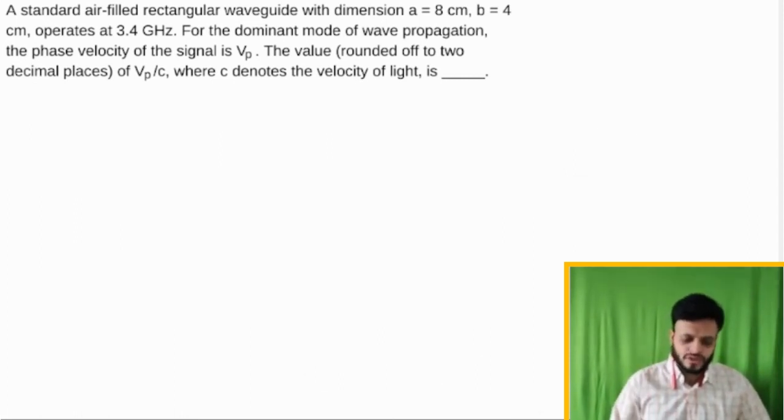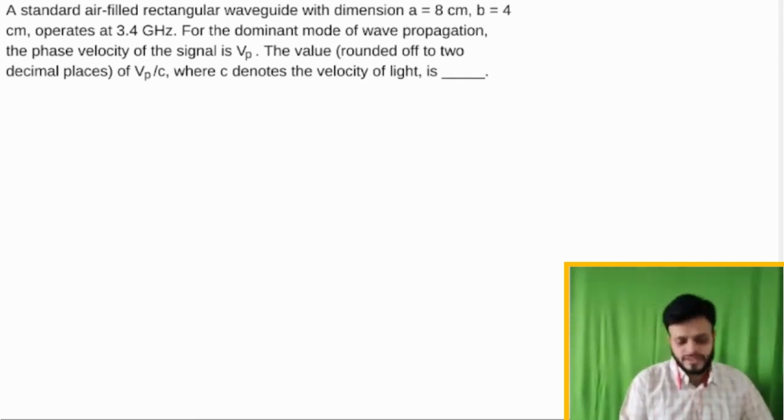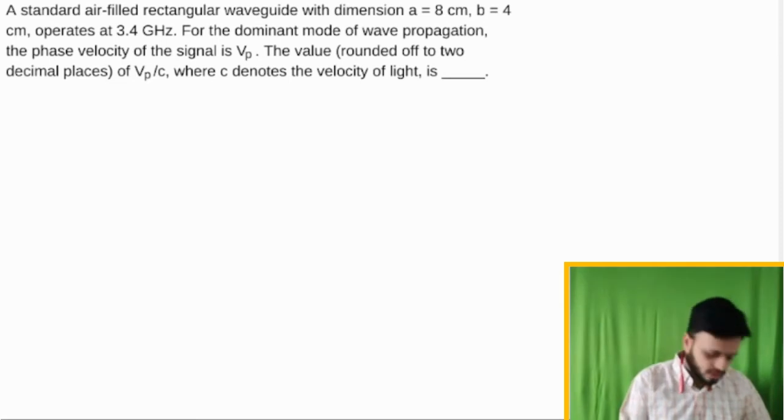So the formula for the cutoff frequency for the dominant mode TE10. Why are we considering the dominant mode? The dominant mode always works on the lowest frequencies. That's why we consider it; generally we try to propagate all the waves in the dominant mode. So now the formula for the cutoff frequency in TE10 mode is